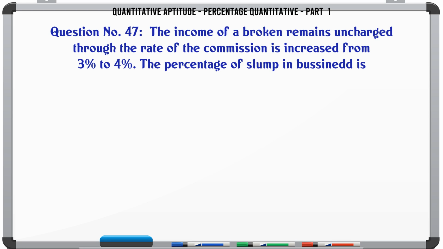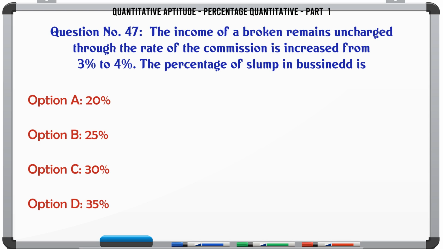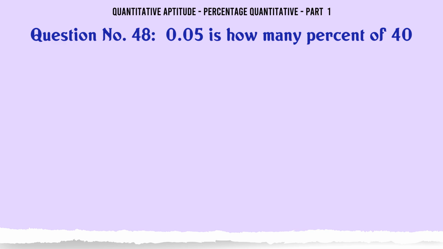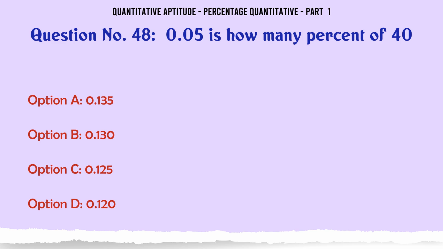The income of a broker remains unchanged though the rate of the commission is increased from 3% to 4%. The percentage of slump in business is A. 20%, B. 25%, C. 30%, D. 35%. The correct answer is 25%. 0.05 is how many percent of 40? A. 0.135, B. 0.130, C. 0.125, D. 0.120. The correct answer is